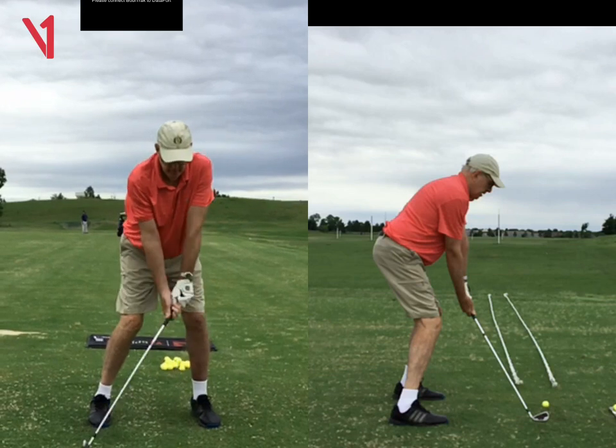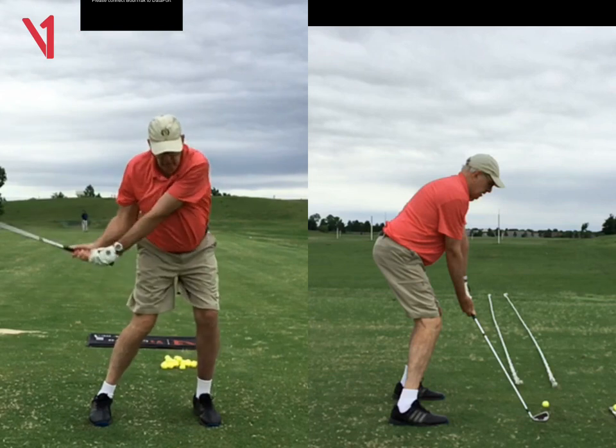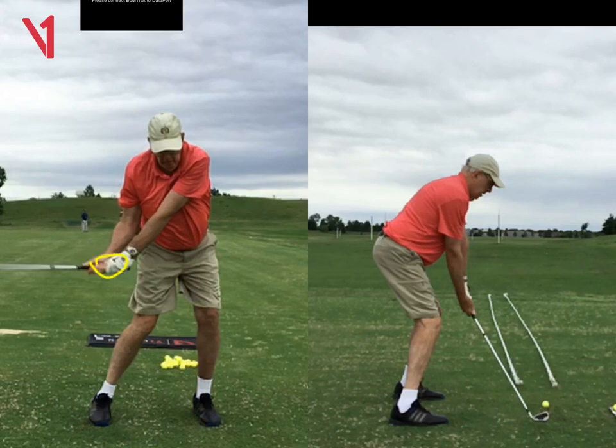But what we're really working on was, as we're coming down, working on that right arm a little bit. You can see as you come down and we get down to P6, how your hands are a little bit short of where you see most of the pros, right? And you look at your right arm position and where that elbow is, where the pros have their elbow more tucked in. So what we're working on is getting that right elbow more tucked in at P6, and then you can get your hands more forward, and then inevitably you get your hands more forward at impact. Whereas you can see your hands are a little bit too far back there at P6,